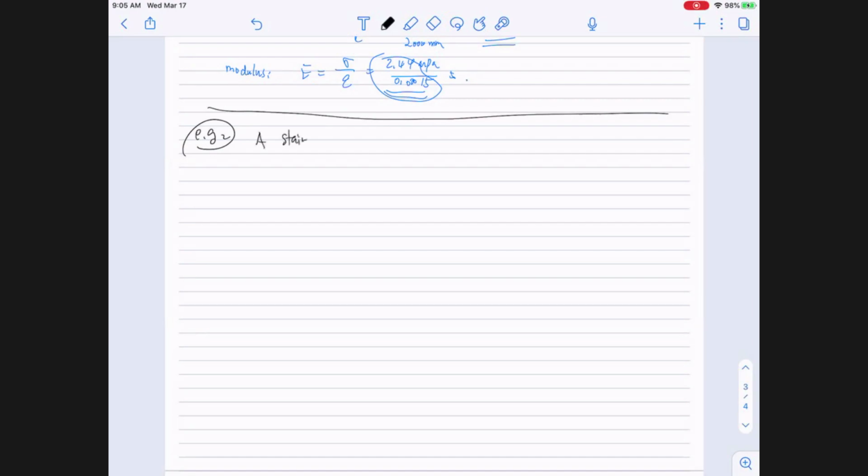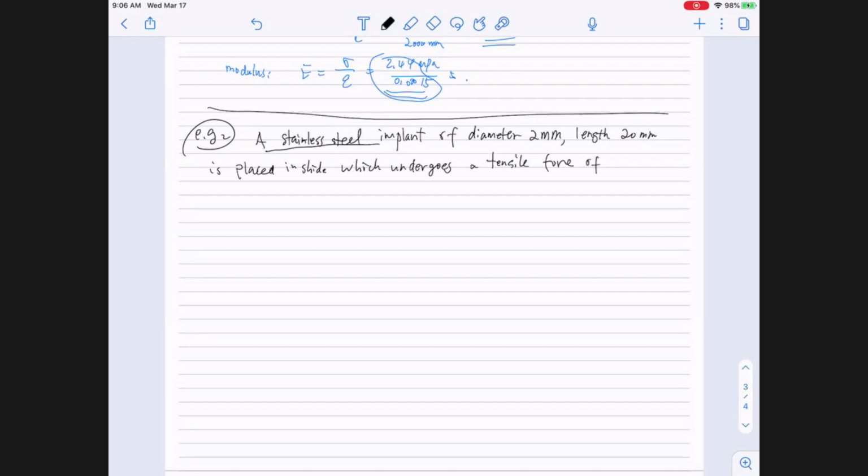A stainless steel implant of diameter 2 millimeter, length 20 millimeter, is placed inside, which undergoes a tensile force of 100 Newton. Let's estimate